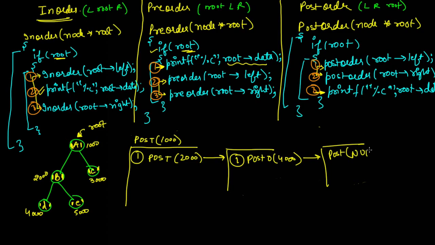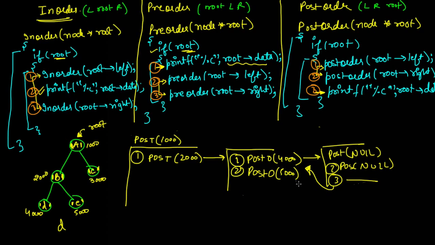Again it is going to execute this line, so it is initially going to call post order null, because the left subtree for this 4000 location is null, and then it is going to execute line number 2, which will be post order null. Okay, and then it is going to execute line number 3, which is the data present at the 4000 location, therefore it is now going to print D. Then the control will go back to the previous statement, so it is now going to call post order